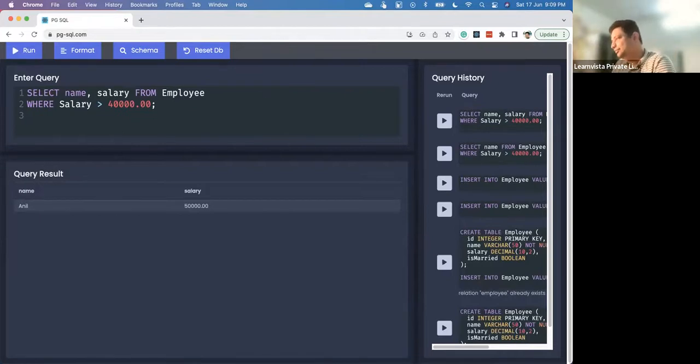Ramesh is asking, is it MySQL, Oracle? All these commands will work in all the relational databases. But this is PostgreSQL. That's why it's called PG. PG stands for Postgres. It's not about PG being paying guest, it's Postgres. So if I want to see the name and salary of all the employees,